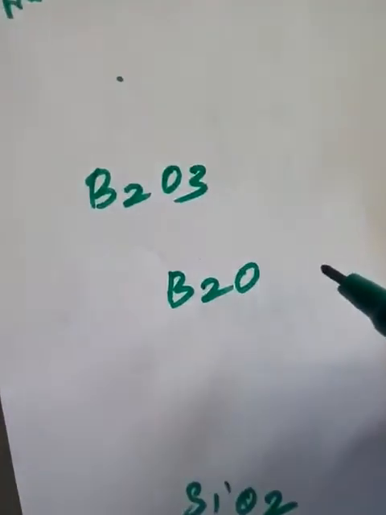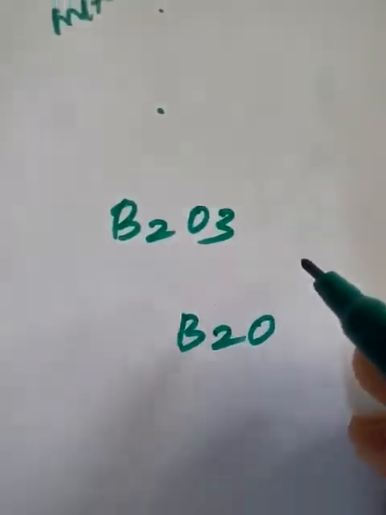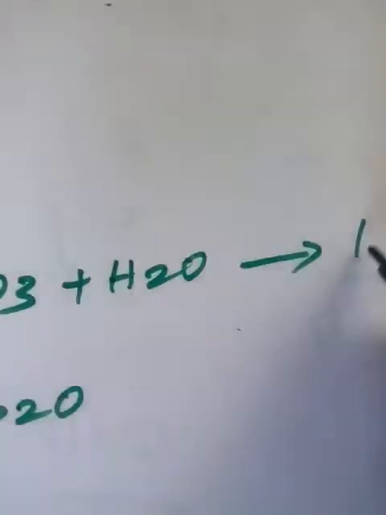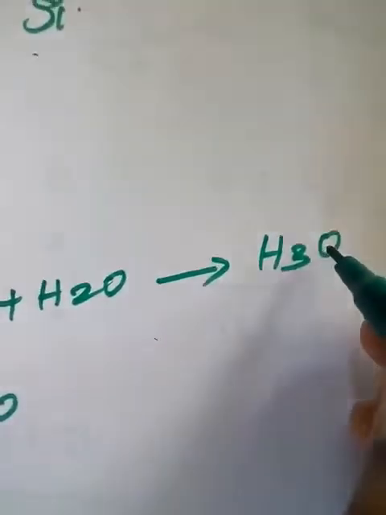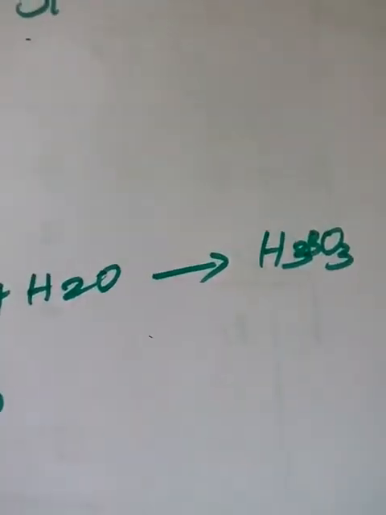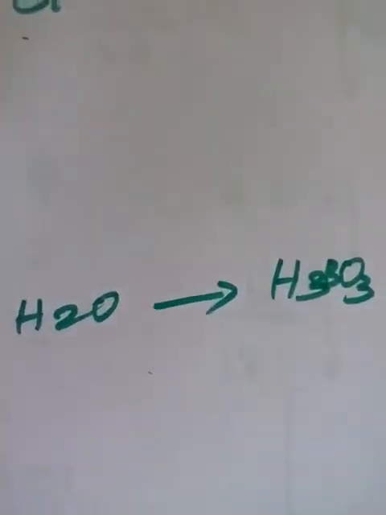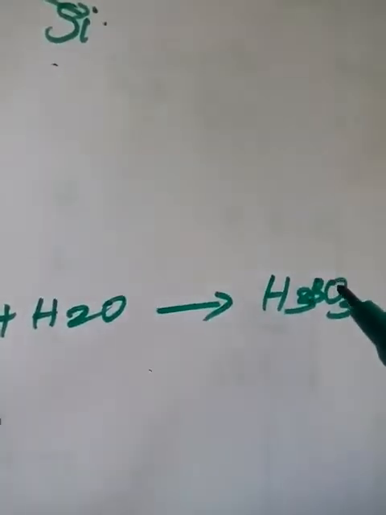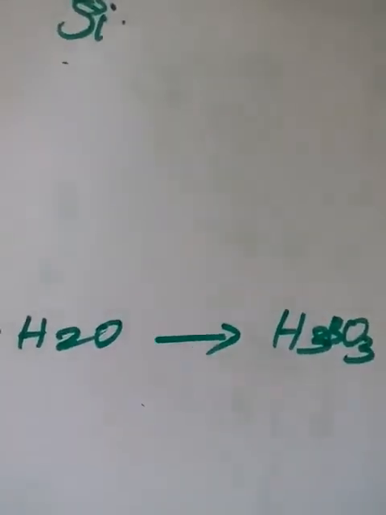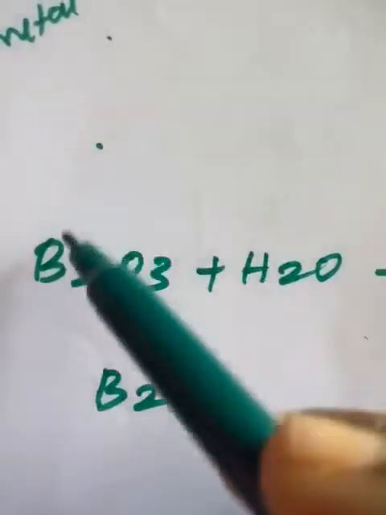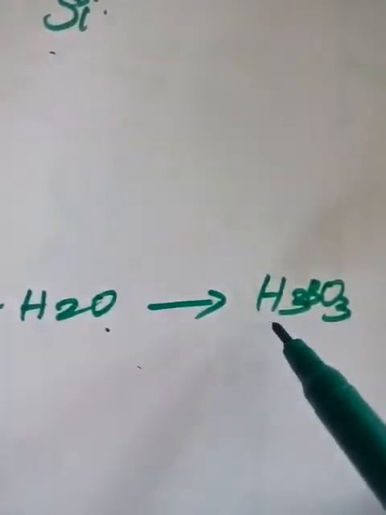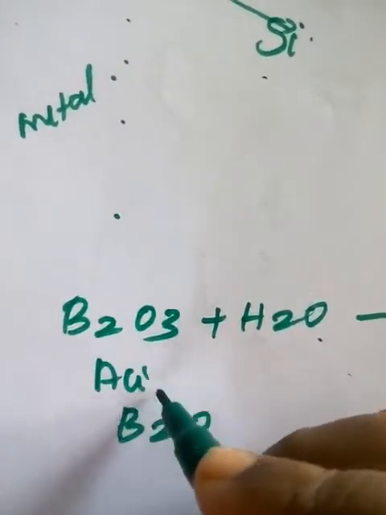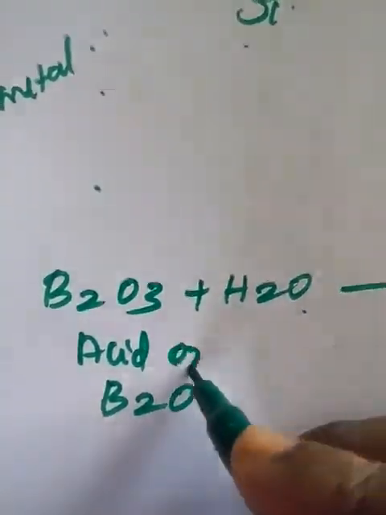It was proved when boron trioxide, B2O3, reacts with water, H2O, you get an acid called boric acid, H3BO3. The boric acid formula is H3BO3. You can call it orthoboric acid, or normally just boric acid. In this lesson you will learn how to prepare boric acid, its chemical properties, etc. So the oxide of boron, when hydrolyzed with water, gives an acid. Hence we can call it an acidic oxide. So boron trioxide is an acidic oxide.